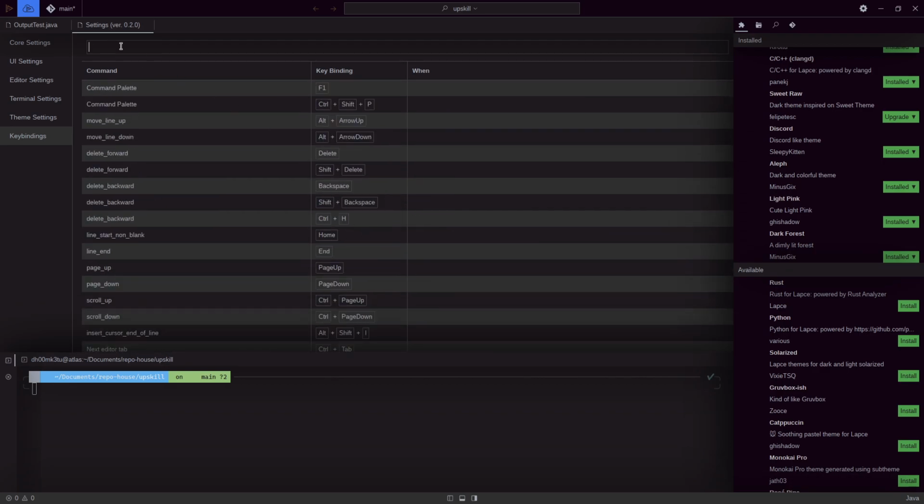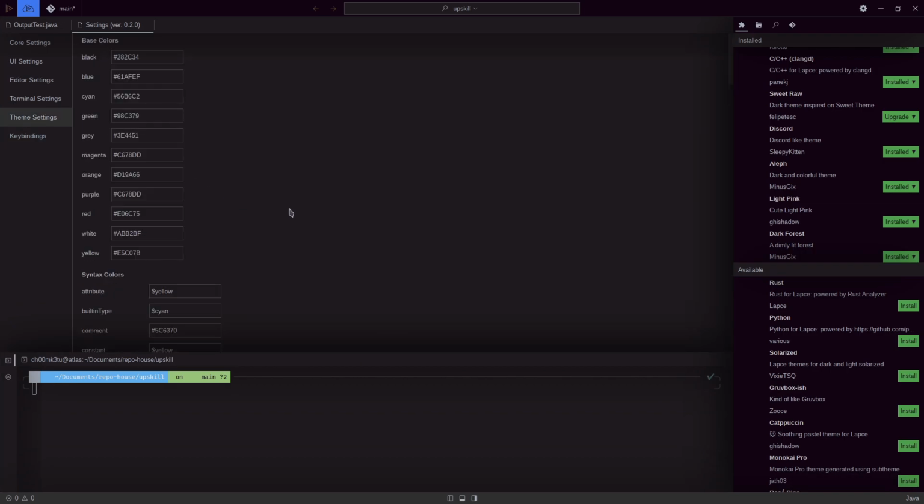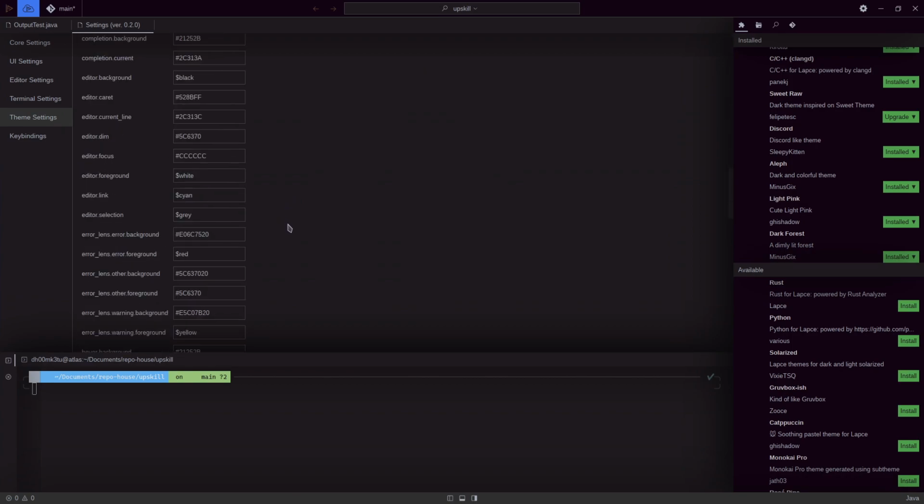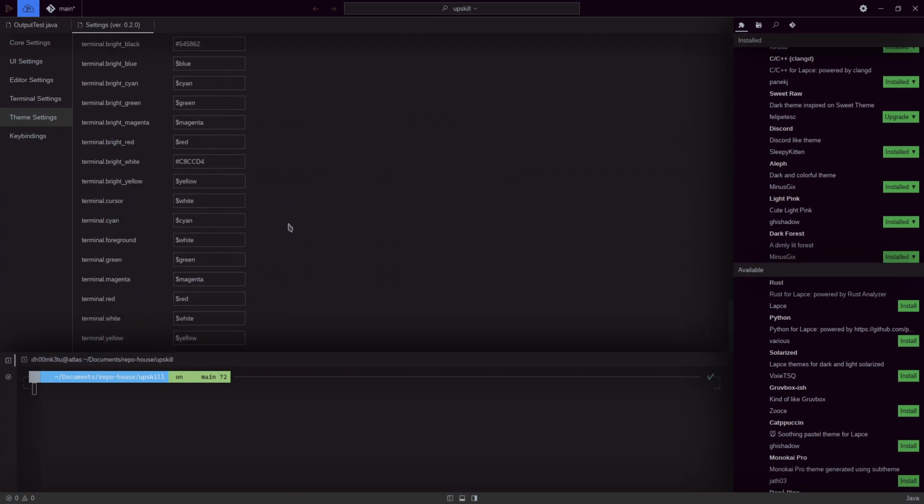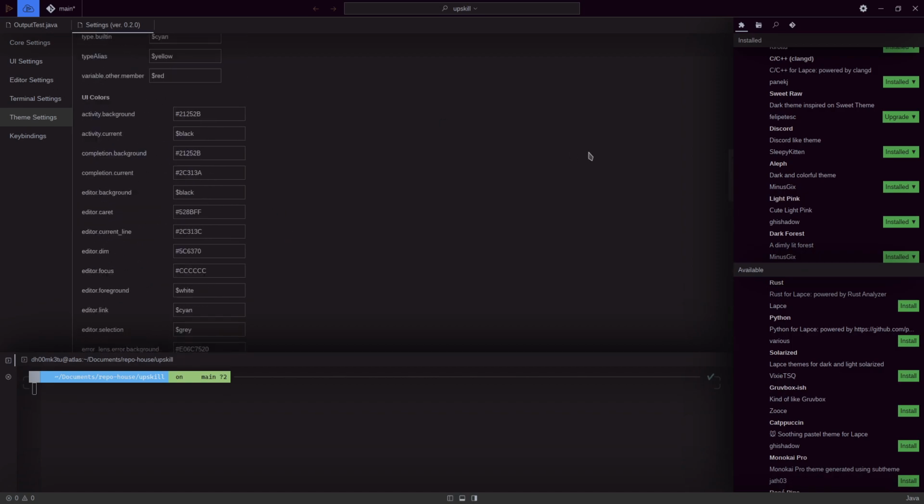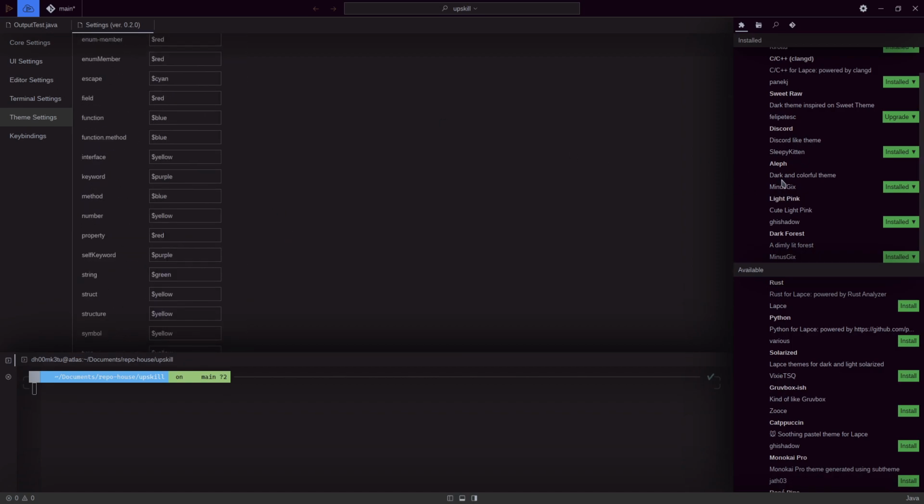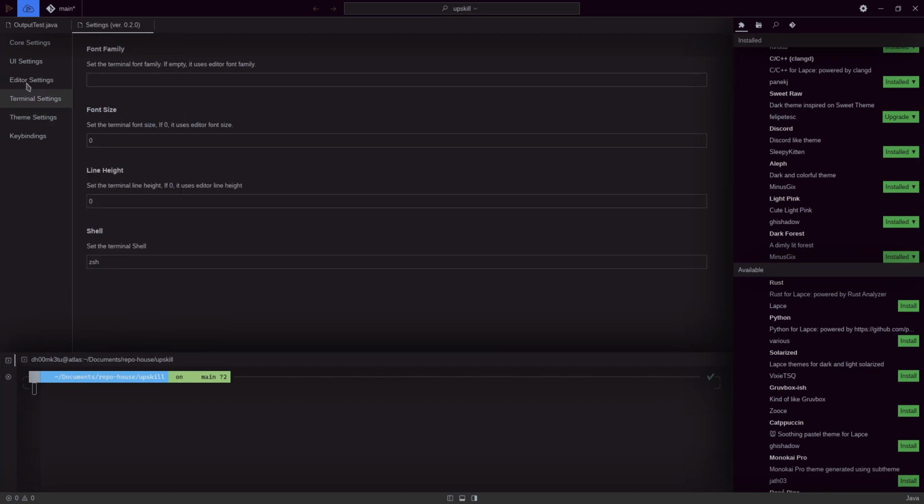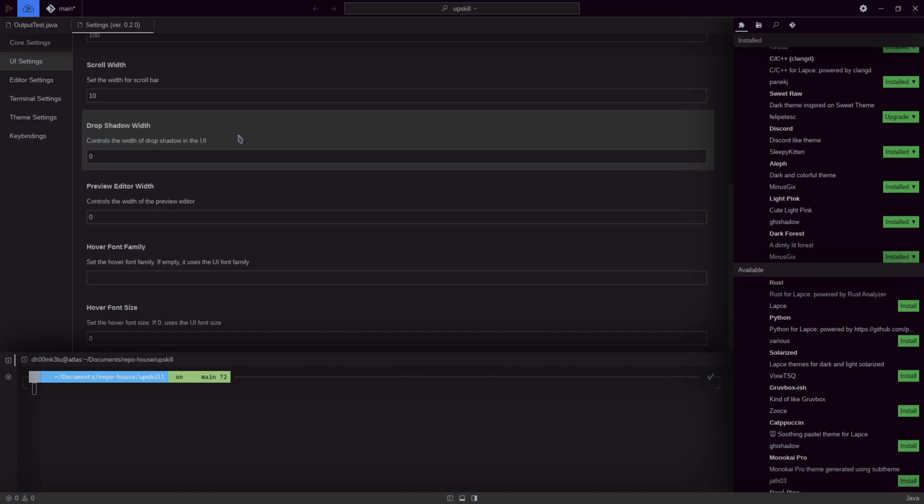I can search for a certain command. Theme settings. I can customize base colors. I can customize base colors as well. And I believe these themes actually set the themes based on these colors, if I'm not wrong. I haven't dwelled much into how Lapse is working. I'm just shooting arrows in the dark. Anyway,